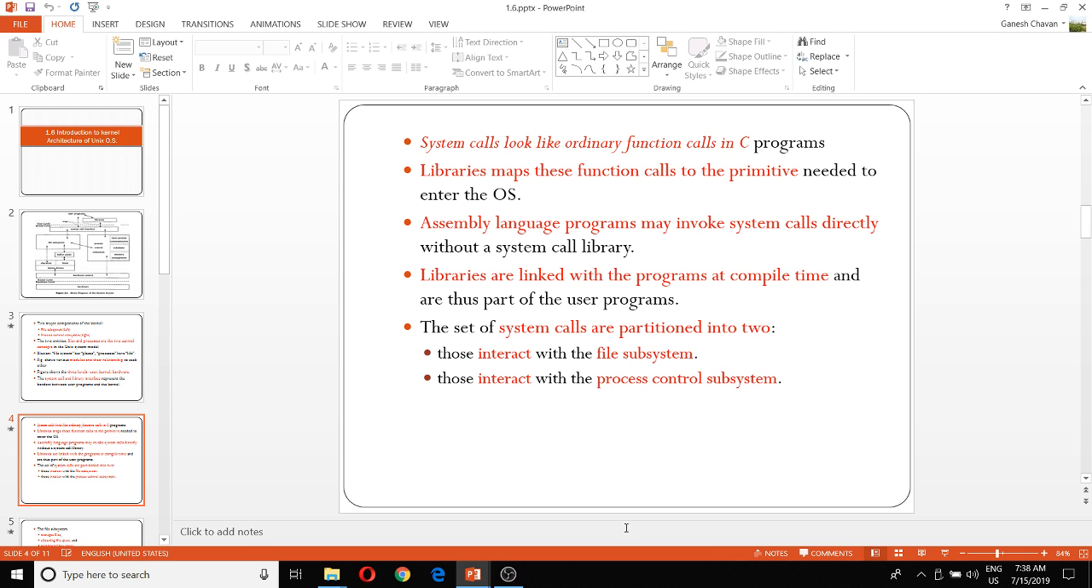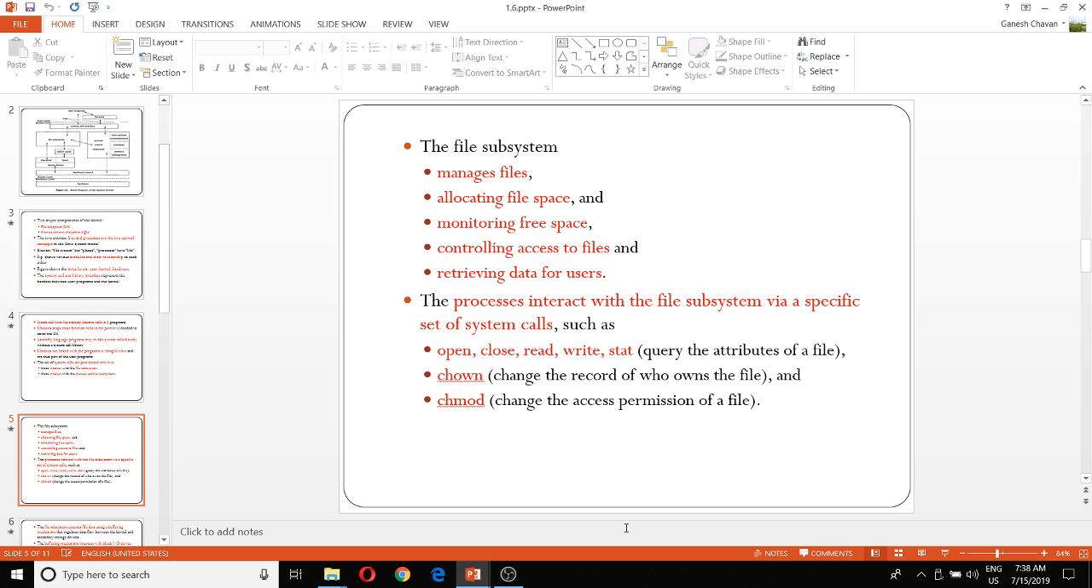The set of system calls is partitioned into two: those that interact with the file subsystem, and those that interact with the process control subsystem. The file subsystem basically manages the files, allocating the file space and monitoring the free space, controlling the access to the files, and retrieving the data for the users. So all these essential functionalities of the file system are going to be seen through the entire syllabus of Unix operating system. The processes interact with the file subsystem via a specific set of system calls such as open, close,